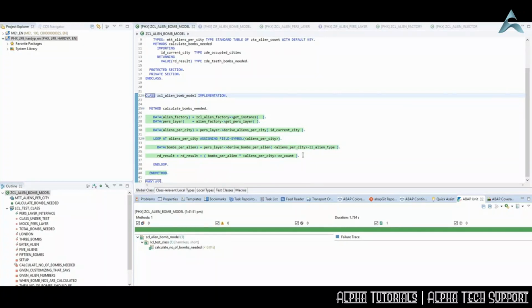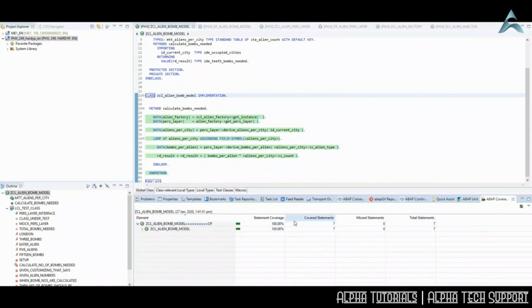Now you might have noticed these lines have gone green. That's because we're testing with coverage. And when you test with coverage, all the production code that's covered by unit tests goes green, and any lines of code in the production code that aren't covered go red. You also have a little tree diagram showing what percentage of statements are covered by the unit tests.